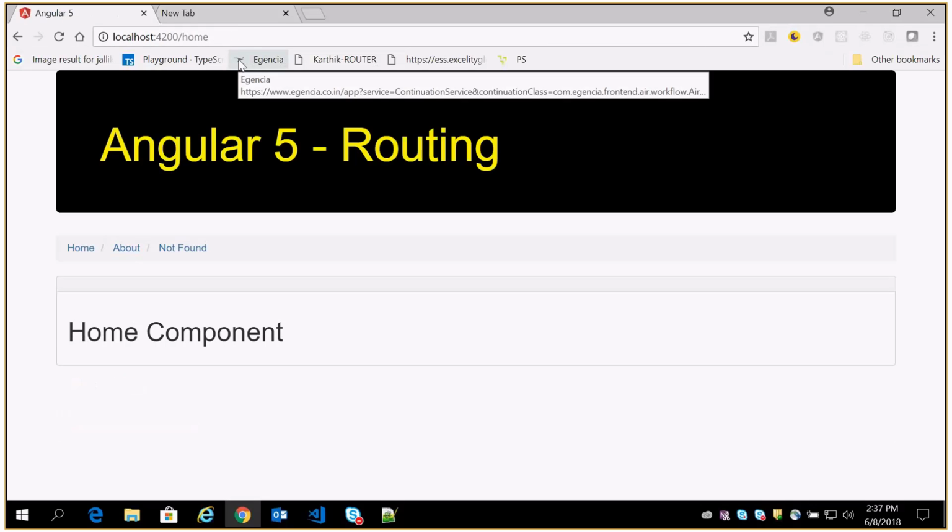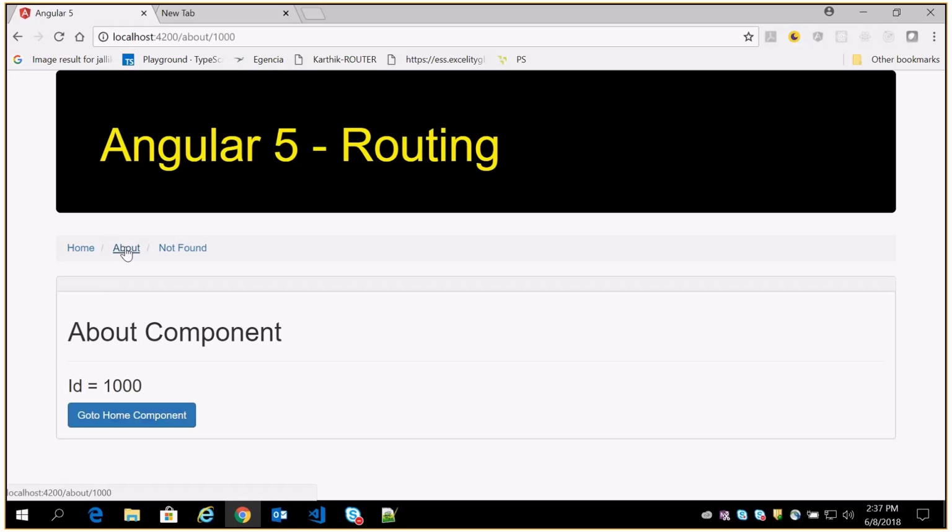Otherwise it will just go to the home component. So this is all about guarding a route with a service, guarding a route component. For example, whenever I'm trying to go for this route, it is guarded now. Unless this condition satisfies, it cannot be navigated to that particular route. A very important concept.